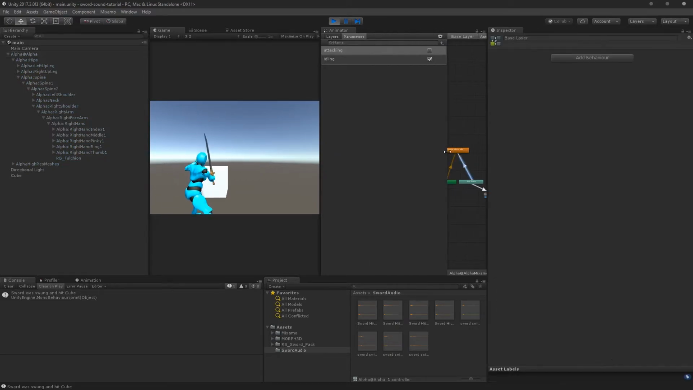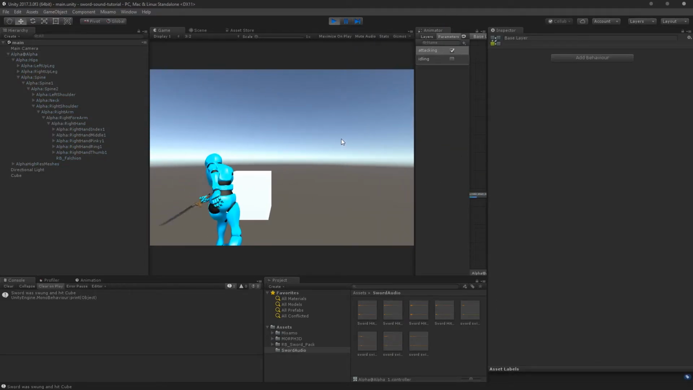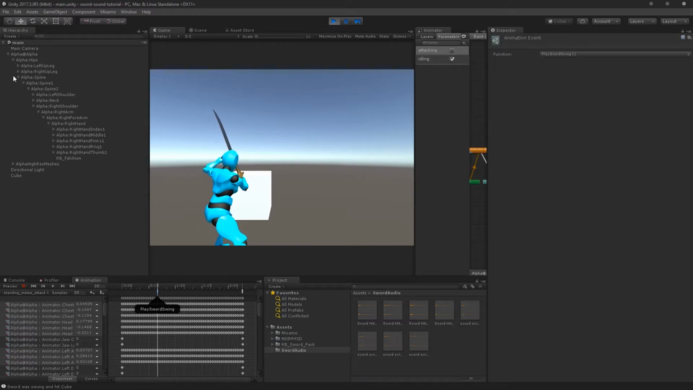And there, we can hear the sword swing, right? Of course, it's a little bit late, so let's go ahead and drag it back in the animation here. I'll click on the character, drag it back. Let's try that again. No, too early. And yeah, it's a bit short for how long the sword swing is, so